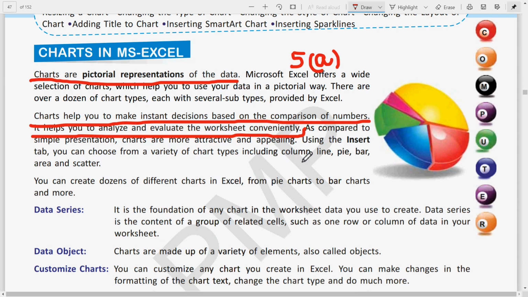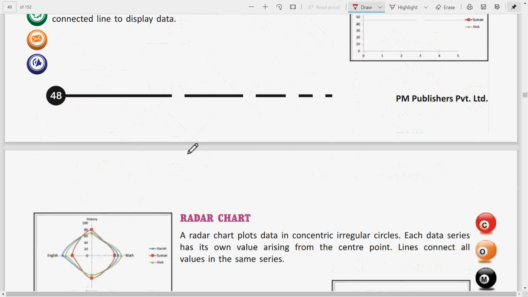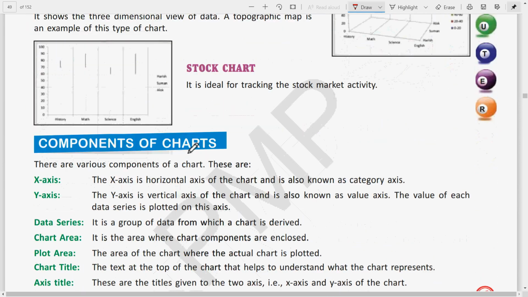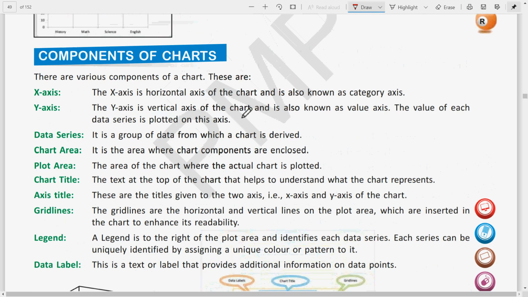So the answer of this question is here next to this page. Yes, here on page number 49 you can see. Clear? So these are the different components. So you'll have to write all of these components.